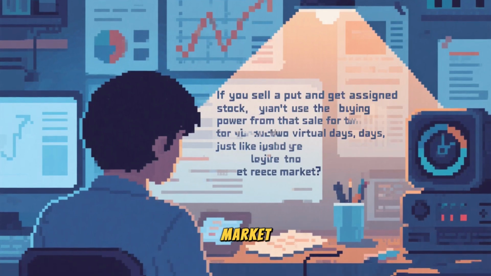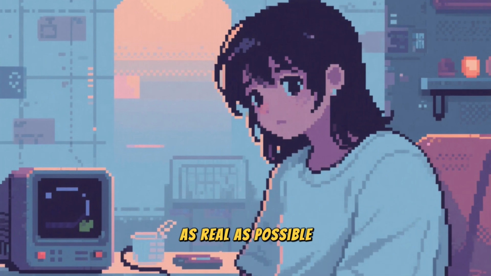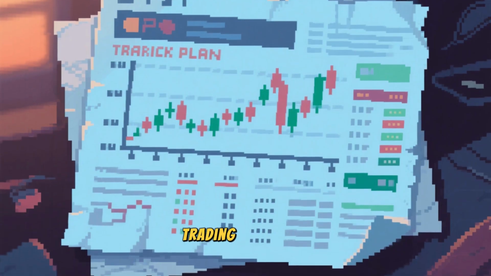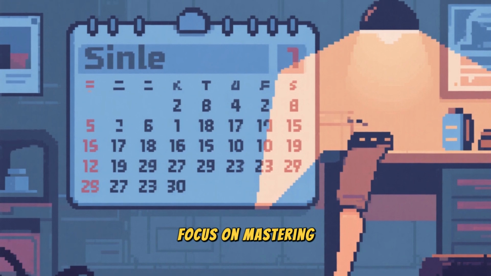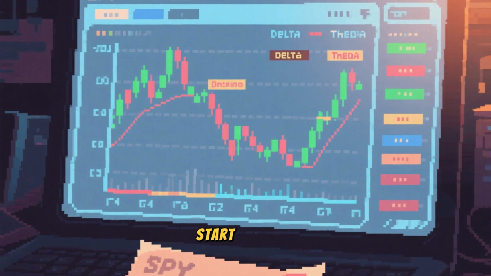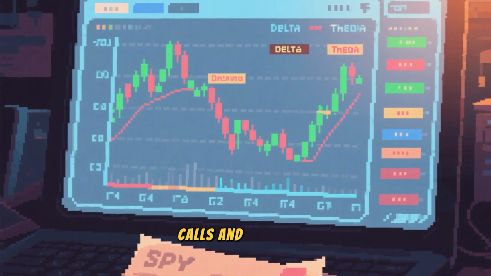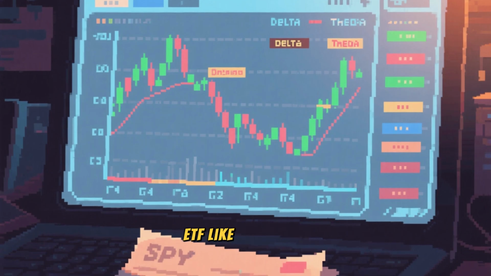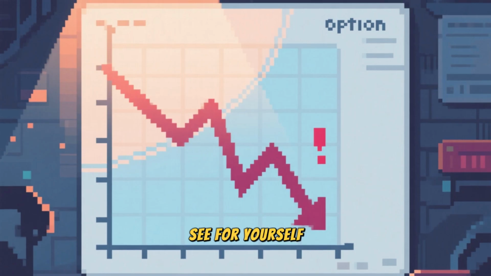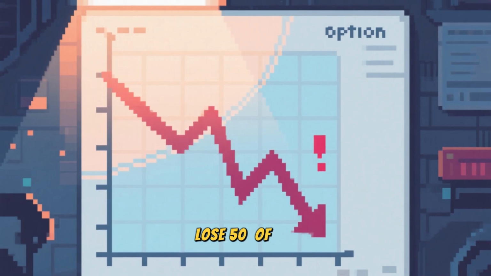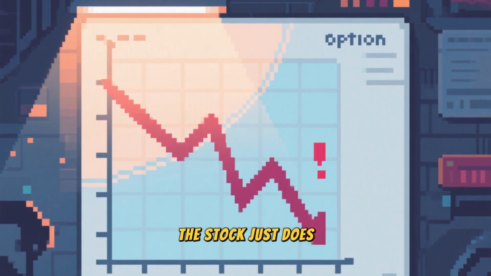Just like in the real market, you have to make it as real as possible. Let's build a sample paper trading plan for a beginner. For the first month, focus on mastering single leg options. Start by paper trading simple long calls and long puts on a broad market ETF like SPY. Focus on feeling the effects of delta and theta. See for yourself how quickly you can lose 50% of the option's value if the stock just doesn't move